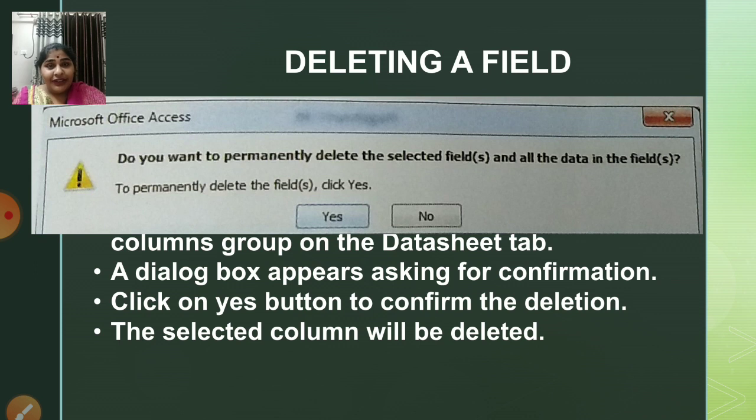So if you want to really delete it, you have to click on yes, and suppose by mistake you have done that, then you will click on no. Click on the yes button to confirm the deletion, and the selected column will be deleted, and all the records whichever you have entered in that particular field will also be deleted, children.